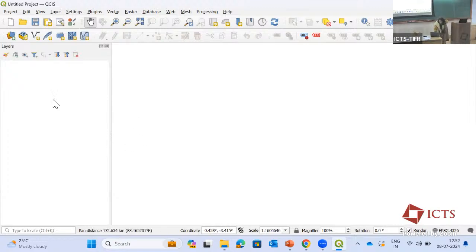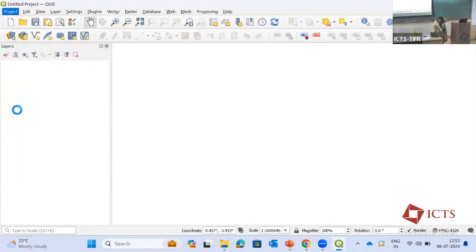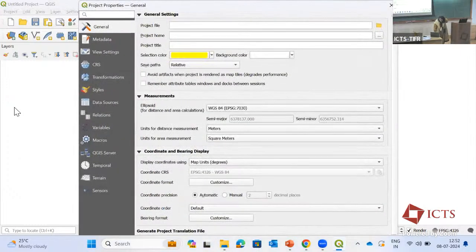So if you've got your QGIS window open, the way you can add a layer, so this is a new project, okay? And in the project, if you go to the project menu, there should be a dialog called properties. If you open that,